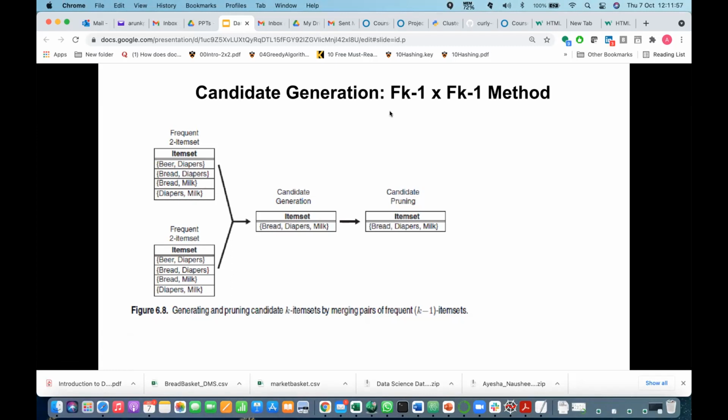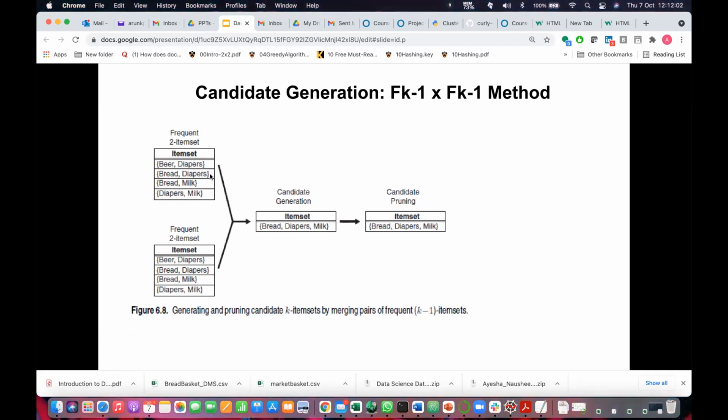or up to one element less, they should have the same. Only the last element should differ. Then only will we combine them. Like here, beer and diapers is the same item set, so we don't do anything. We see that for which item sets in the second one, beer is the first element. Only for one, right? And the combination is the same, so we don't get anything. Then we will take the bread. Bread is coming two times. Bread diapers is there. Bread diapers, that is the same set.